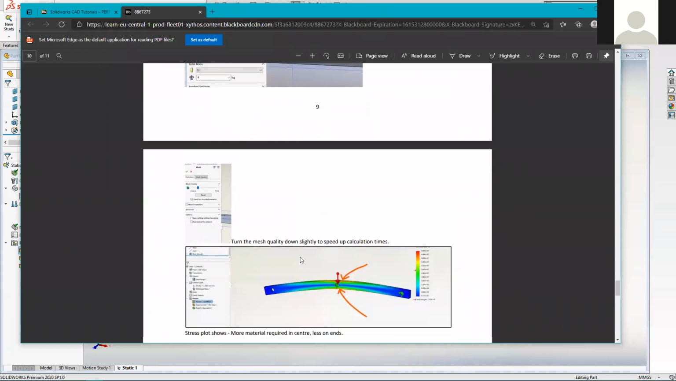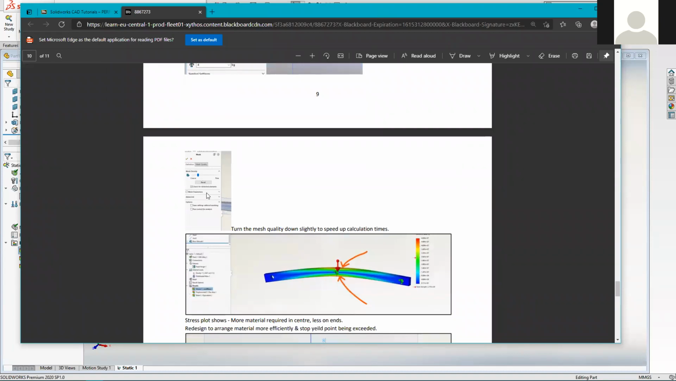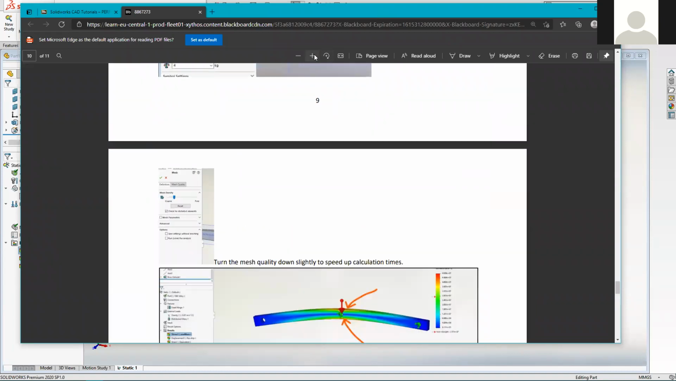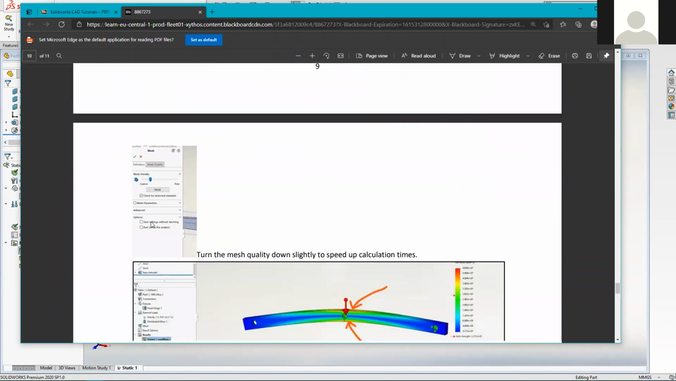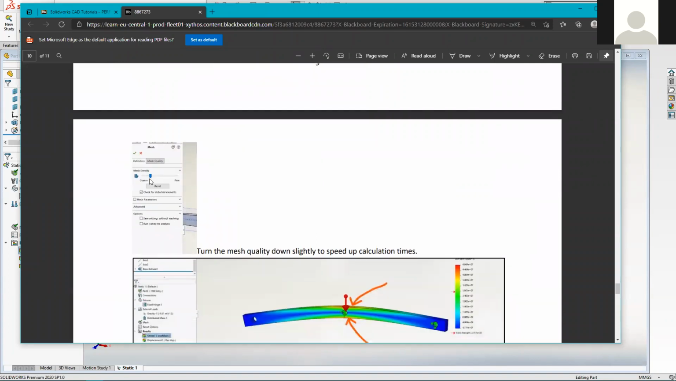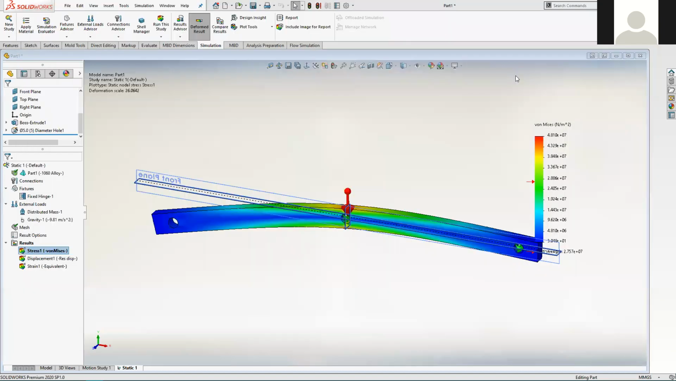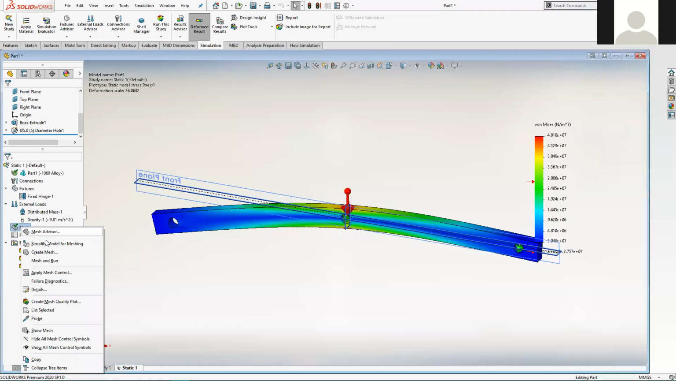There was a step that we missed there. So there's a step there where I recommend that we play with the coarseness of the mesh itself, which is probably quite a wise thing to do. So let's go back half a step now and right click on mesh, and rather than clicking on mesh and run,